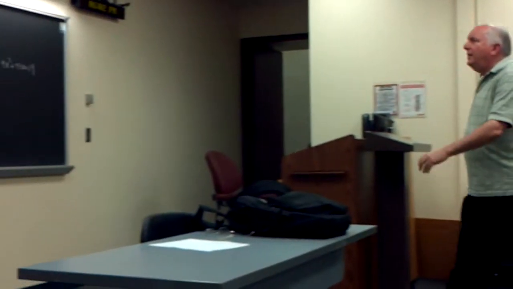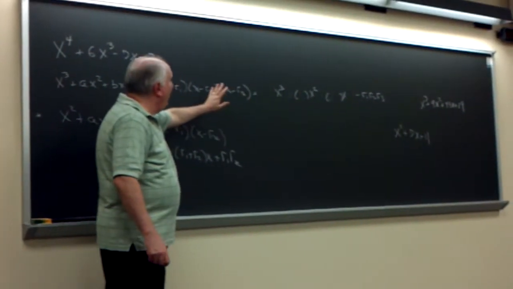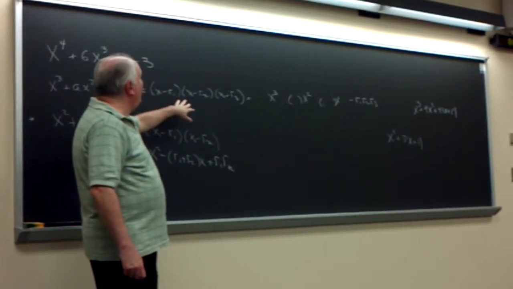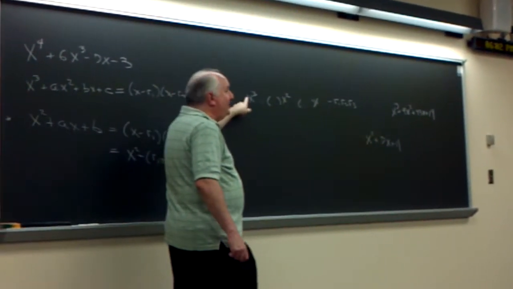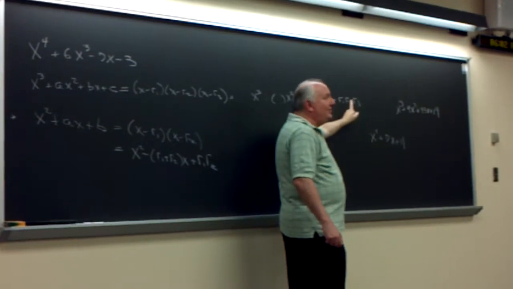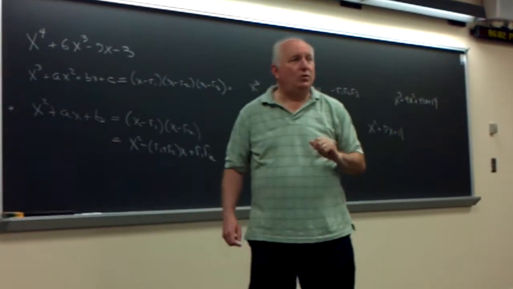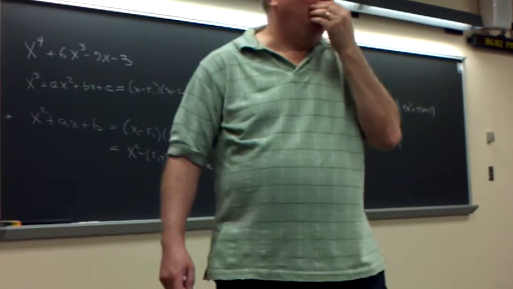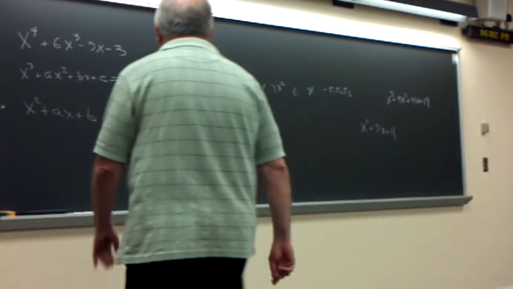Now, the other terms are all fairly easy to get, but if you're ranking them in terms of easy to get, the easiest thing to get is the x cubed term. The second easiest to get is the constant term. Between the x squared and the x term, which one is the easier one? The x squared term, because